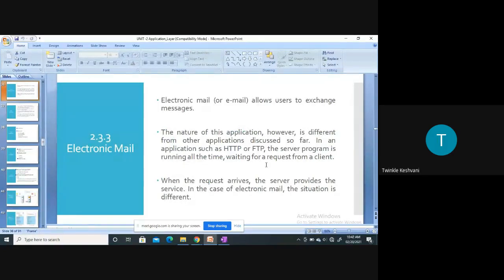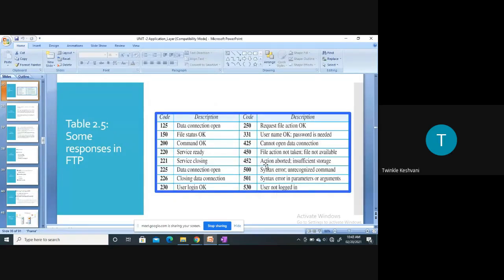Then the next is electronic mail, right? So यहाँ FTP तक सबको clear है, so we can move forward.